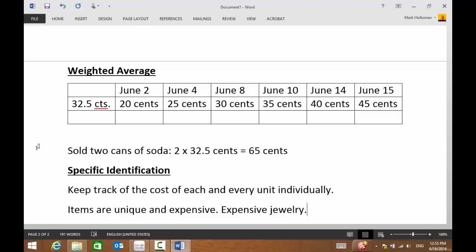Now, if it's gold jewelry, that might be a little different, because then they might just keep track of it by weight. But usually there'll be a little tag on it, and you'll see this, like at those jewelry markets on Route 4 and stuff. You'll see that there's a little tag on every item, and it has a number on it, or a code, really. And the code tells you how much it costs. It doesn't tell you, it tells them. So then when you say, how much is this? First thing the salesperson does, they look at the tag, and they pull out the calculator, whatever the price of gold is today. And then they'll do a little math, like, okay, it'll be $1,200.